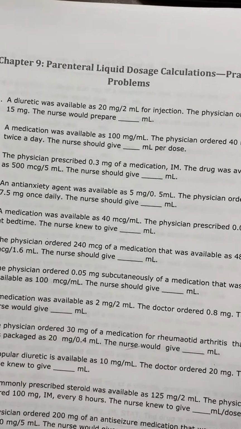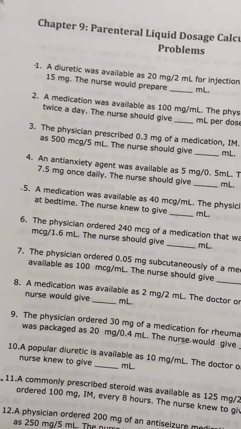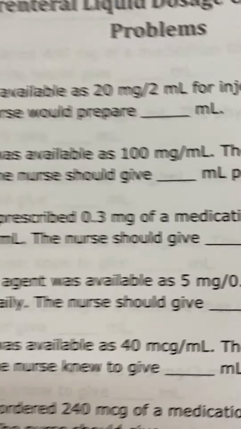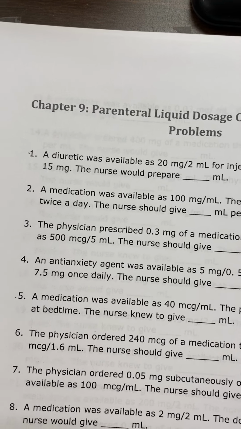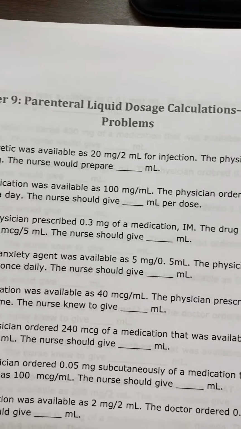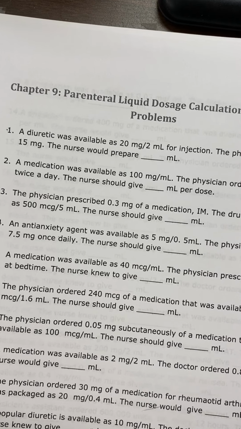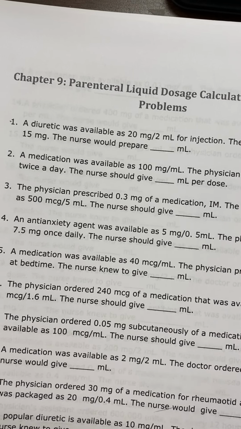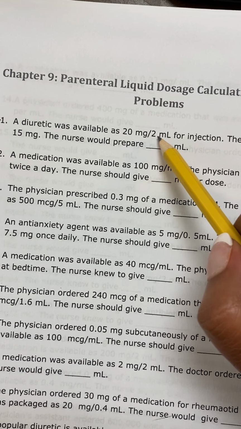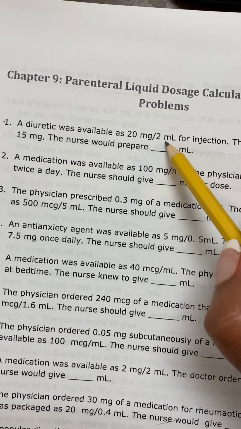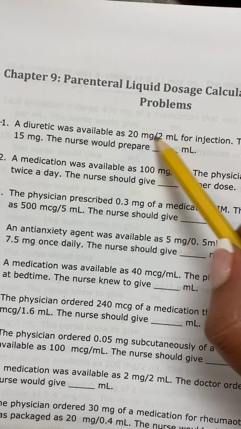Let me grab a pencil. Okay, so for number 1, a diuretic was available as 20 milligrams per 2 milliliters for injection. The physician ordered 15 milligrams. The nurse will prepare how many milliliters? Okay, so setting that up, since they've given me the 20 milligrams over 2 milliliters, then I would set this up like a proportion. I think it will be an easier transition. So for number 1,